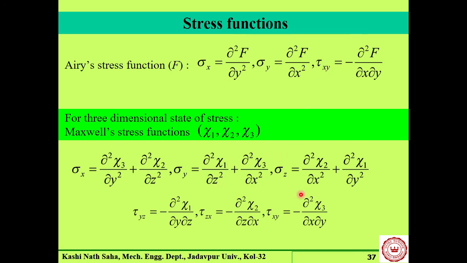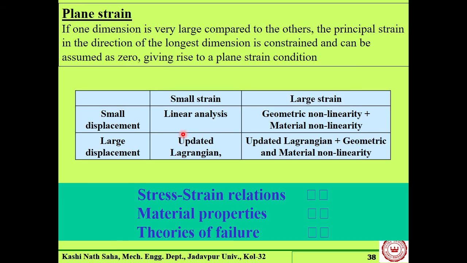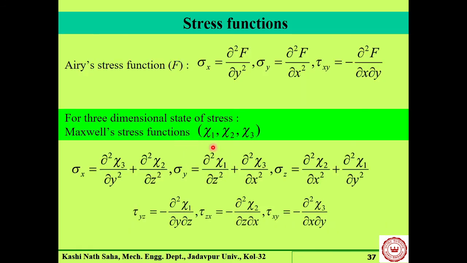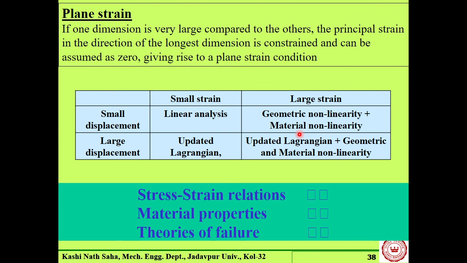But in case of a three-dimensional body you require 9, at least 6, stress components. There we use a stress function which has 3 components. This is a particular one known as the Maxwell stress function. There are some other stress functions also. It is not mentioned here, but there are other stress functions as well. This is not the only stress function. We will solve some problems using the idea of the stress function when we go into the solution of problems, and we will be using that.